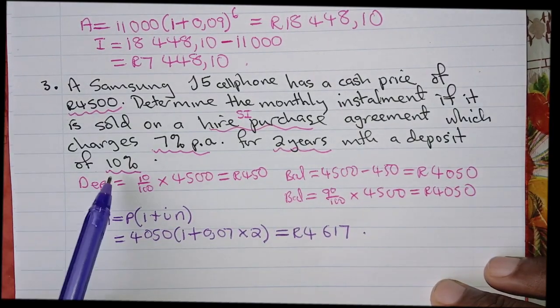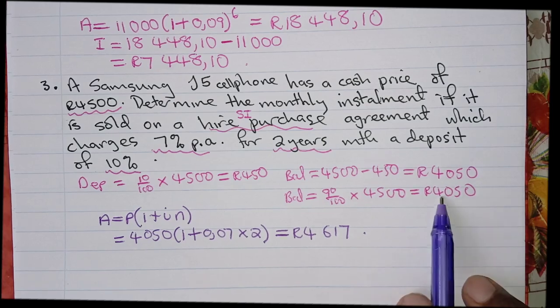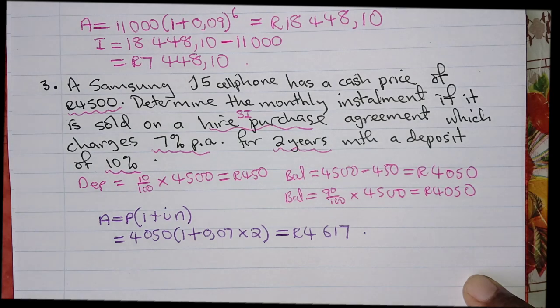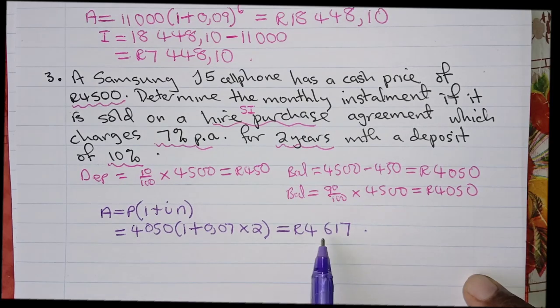So you have paid 10% deposit and you are left with a balance of 4,050 rand. Now they charge you interest on that balance because you're not going to pay it cash, but you're paying it in installments. Now the total amount that you pay, including interest without including the deposit, it's